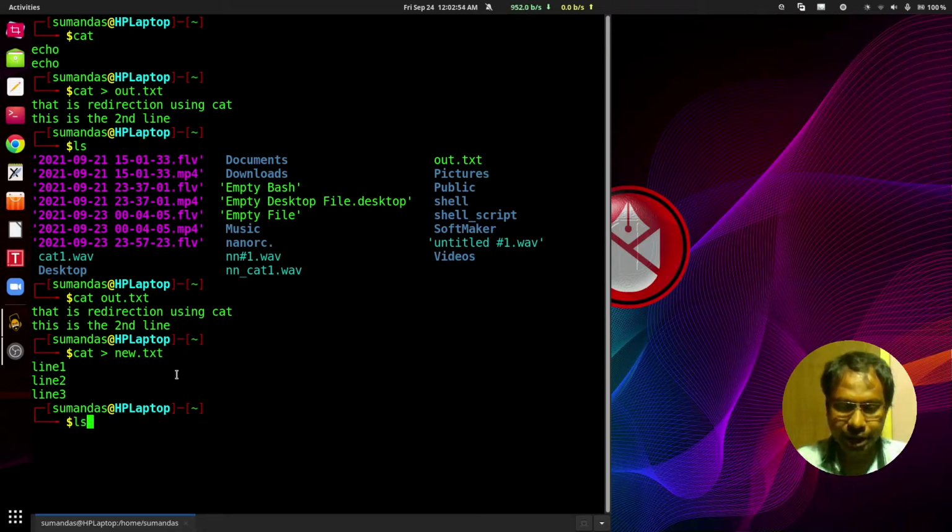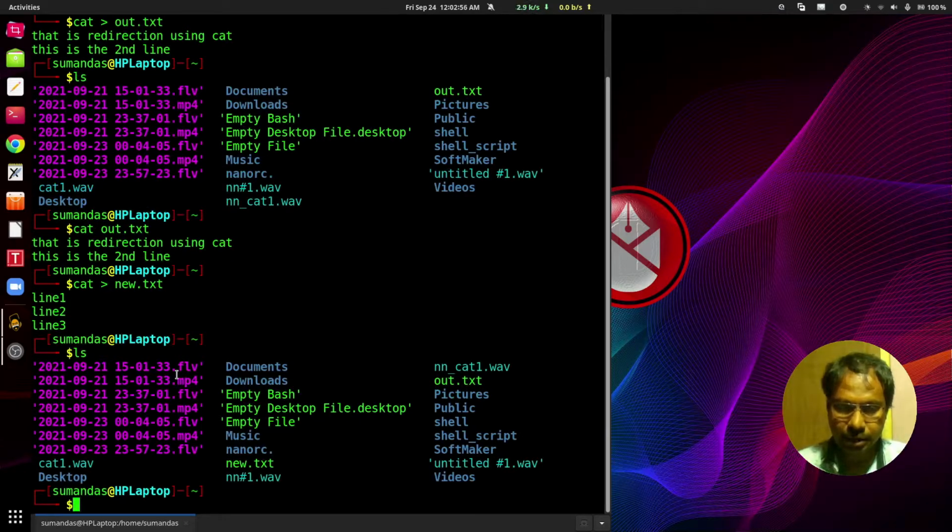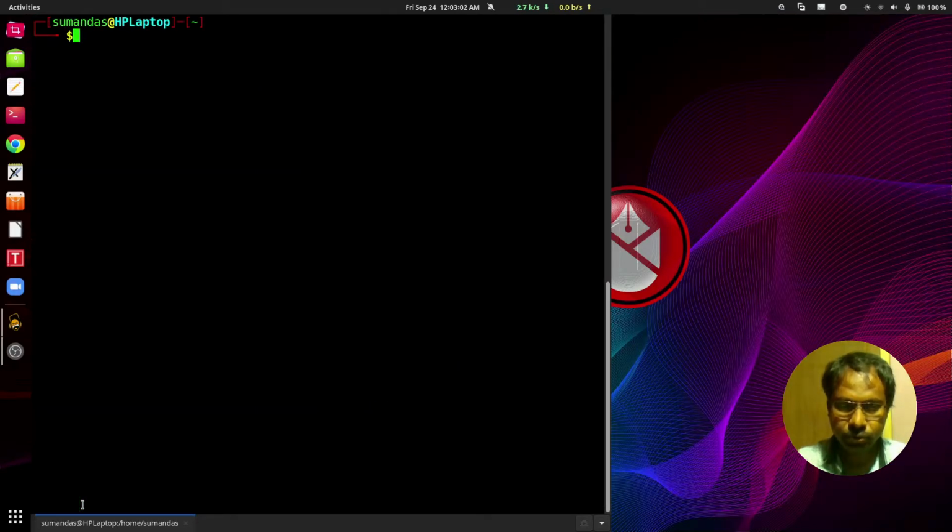We can check it here, and the new.txt file is here. Press Ctrl L to clear the terminal, and we can view the content of the new.txt file, which is line 1, line 2, line 3.